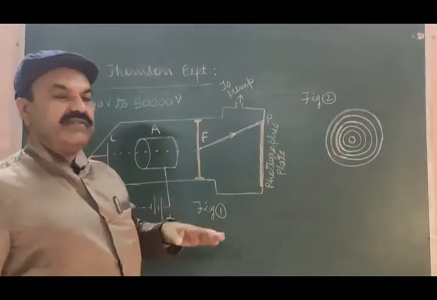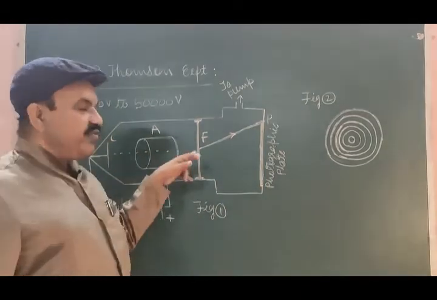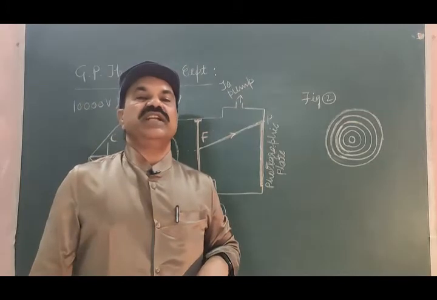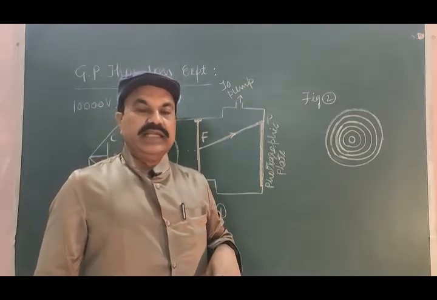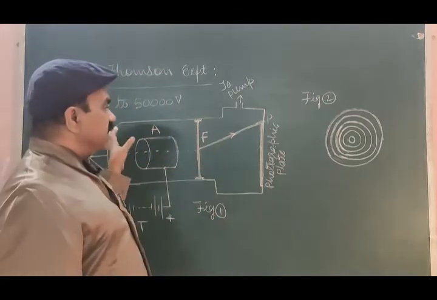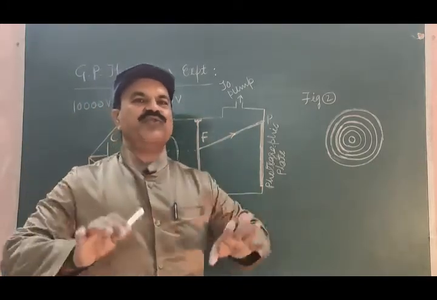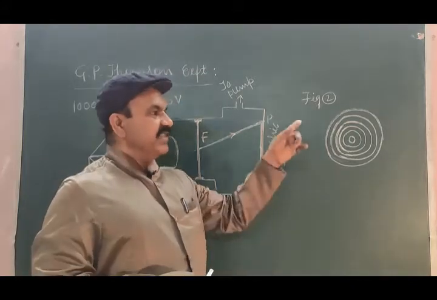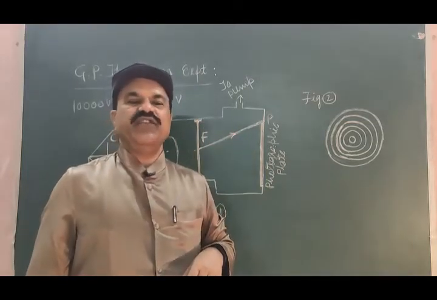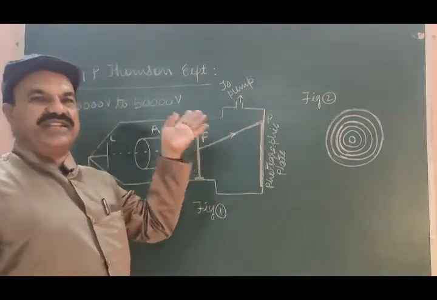Why is this tube made vacuum? Because the electrons moving through this tube have energies in the range of 50,000 electron volt. They may collide with atoms of the air if it were present inside the tube, and we don't want anything in between in our experiment, and therefore this tube is made an evacuated tube. Only vacuum is available, meaning nothing is there inside this.